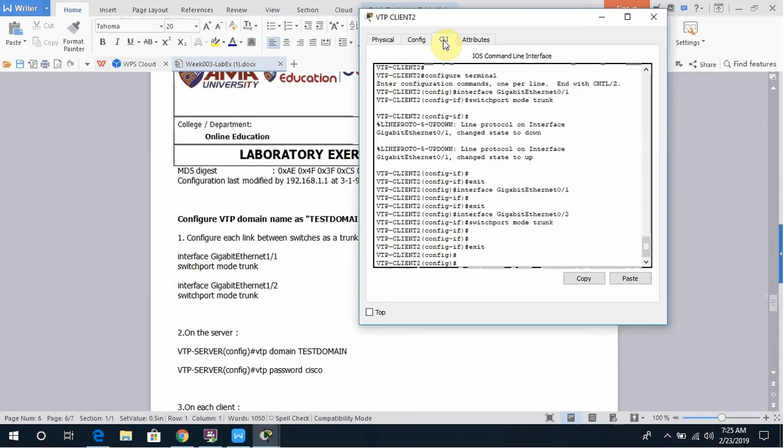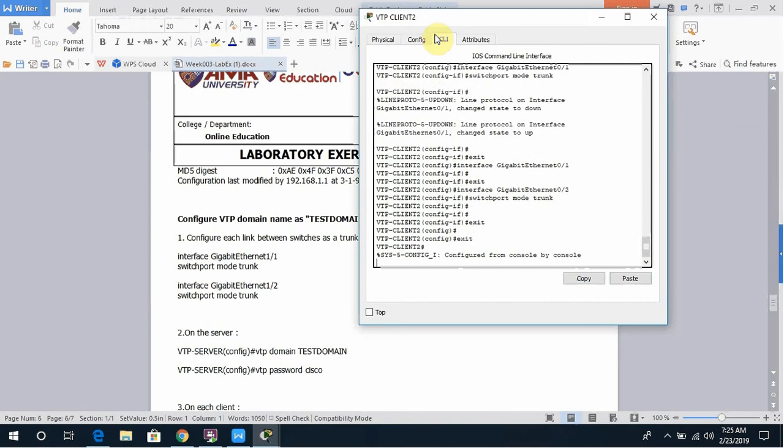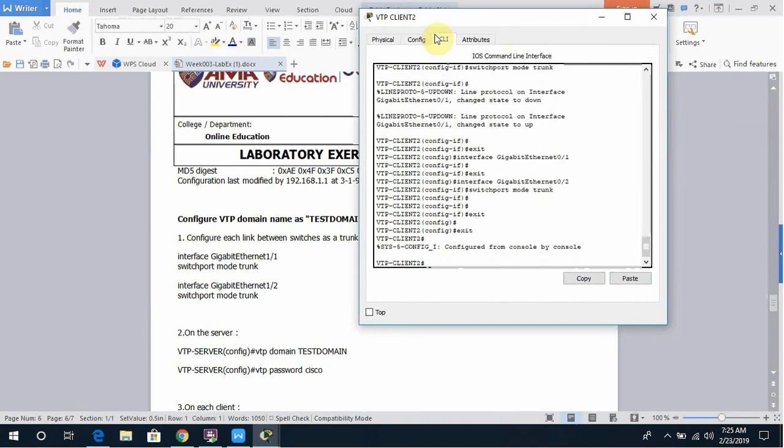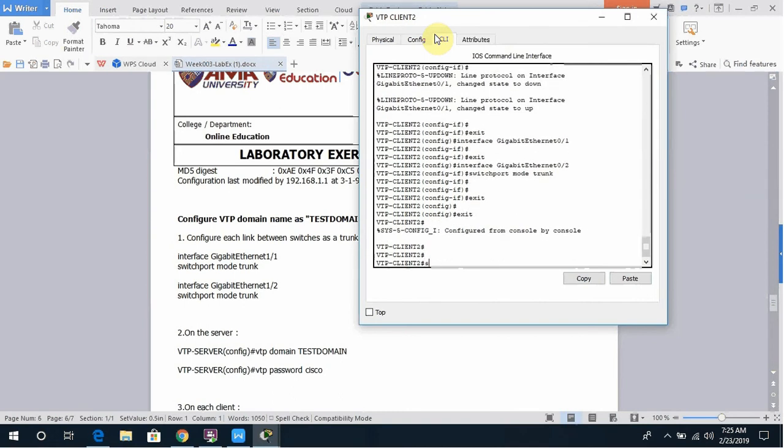check the propagation of all switches of the VTP domain. So we'll go to show VLAN brief. Okay, so exit. Okay, show VLAN brief, enter,